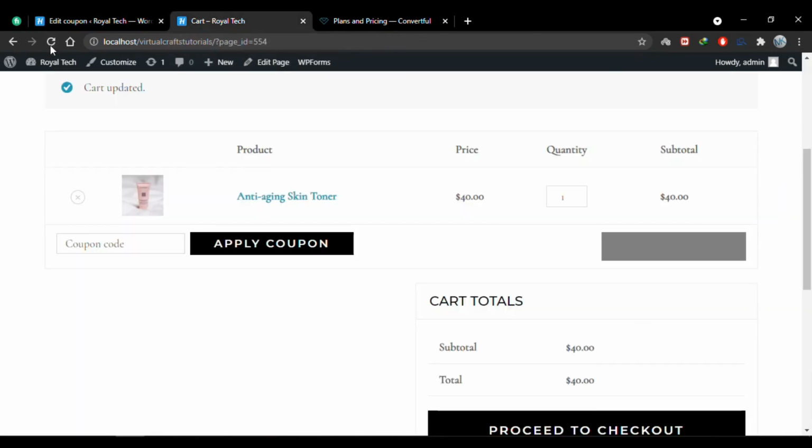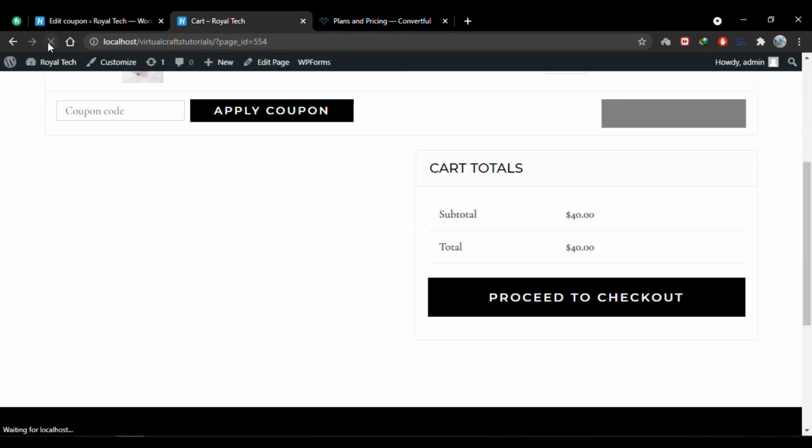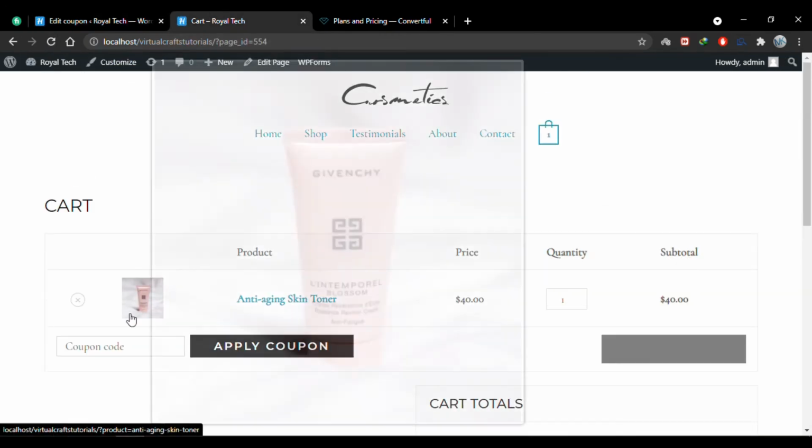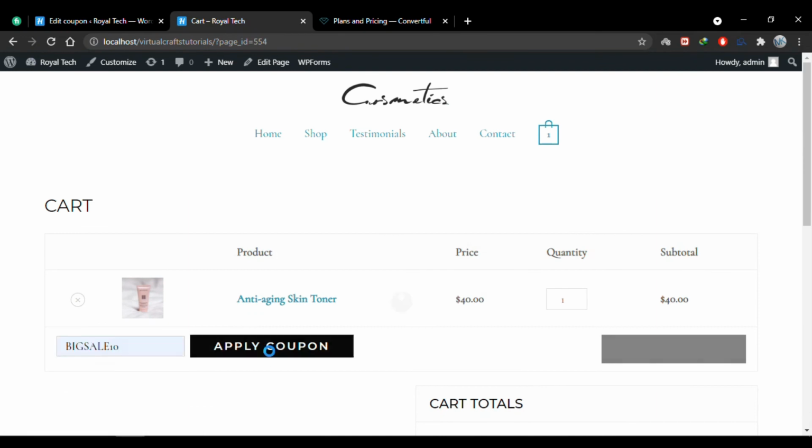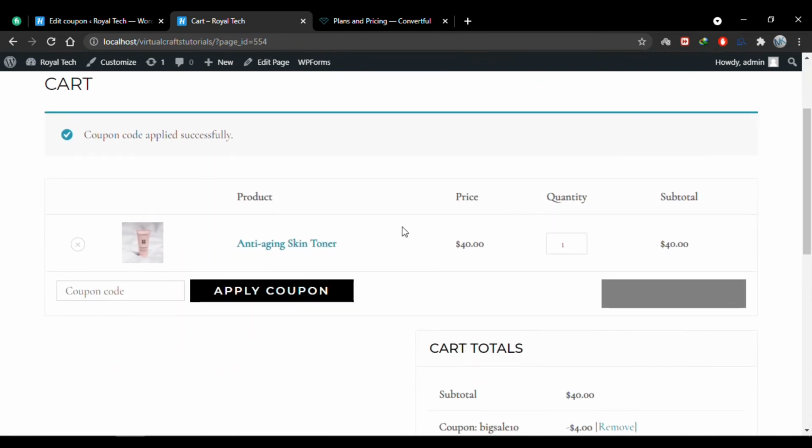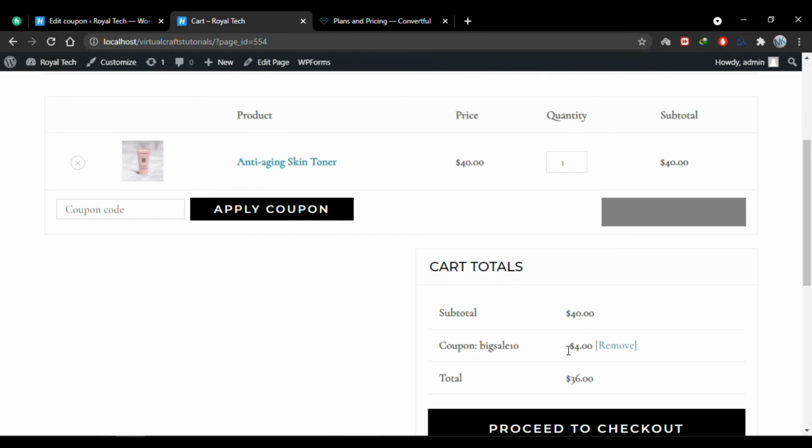Now I'll go back to my cart and refresh this page, and now if I apply this coupon, as you can see now, as I've removed the limit, this coupon is valid for $40 too. But this time it is not $10, it is 10%, and the 10% for $40 is $4.